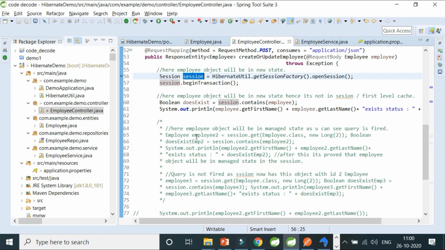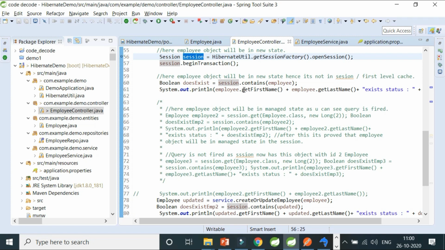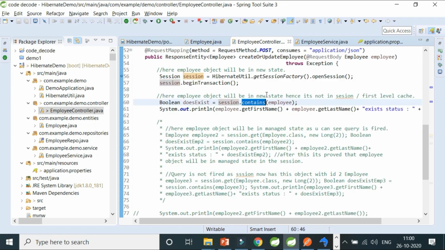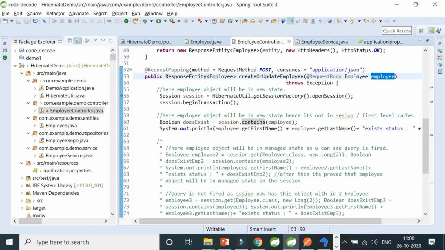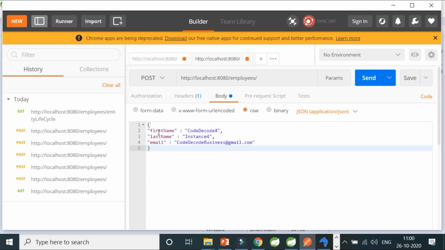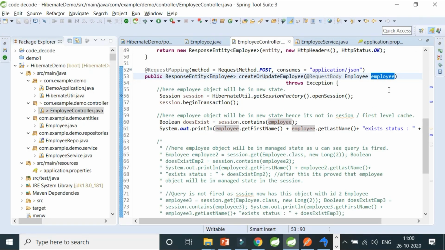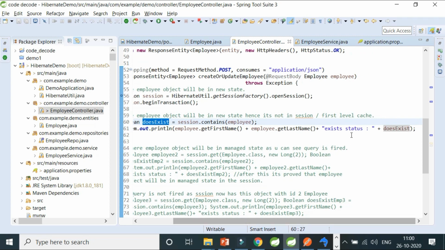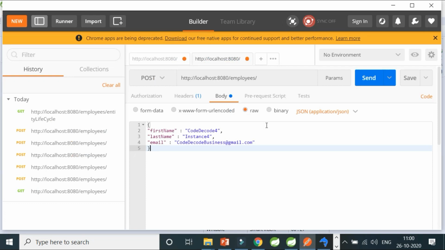Then I'll ask whether the session contains the new object that I'm creating using this key-value pair, or the JSON instance. This is a new instance, created with the new keyword. Then for that employee, the fourth or fifth instance, the exist status should be false. That means it should not exist. So here it should come false. Let me try that for you.